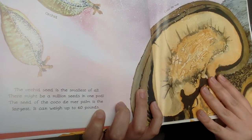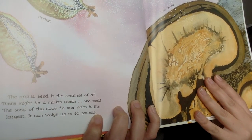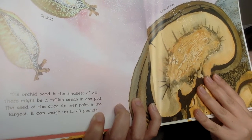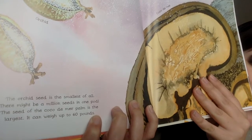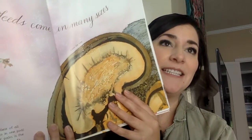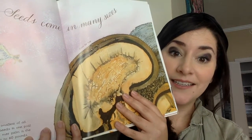The orchid seed is the smallest of all. There might be 1,000,000 seeds in one pod. The seeds of the Coco de Mer palm is the largest. It can weigh up to 60 pounds. Wow. So if I'm saying the main idea, I would say the main idea are that seeds come in big